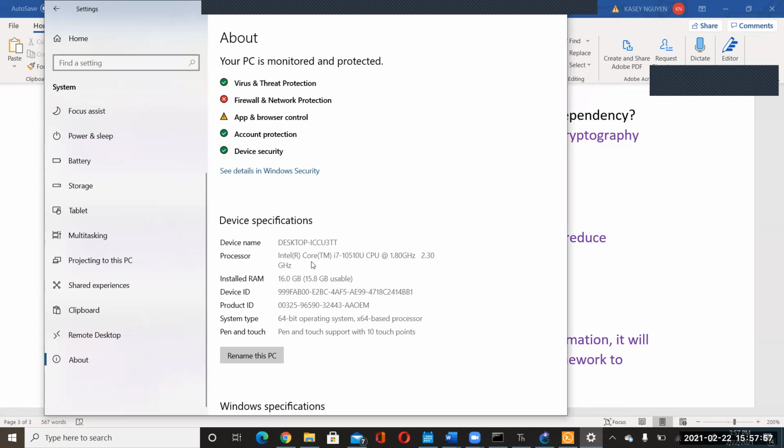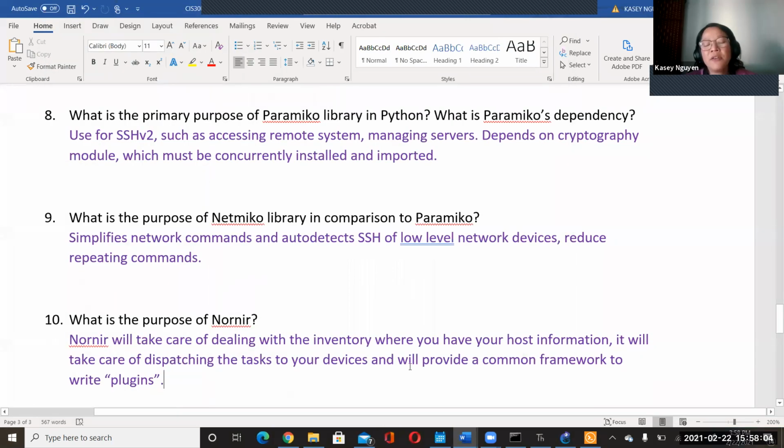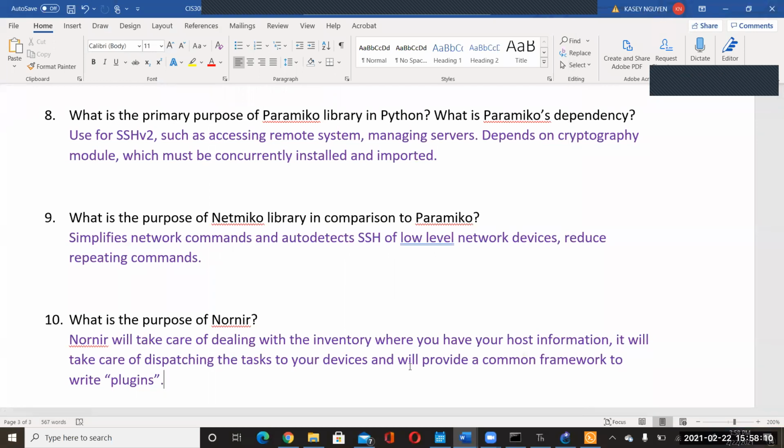And the speed, gigahertz? 1.50. Okay, and your RAM? RAM memory is 6.00 GB. Okay, so it's a little bit limited. So when you run virtual machine and simulation, it's gonna be slow.